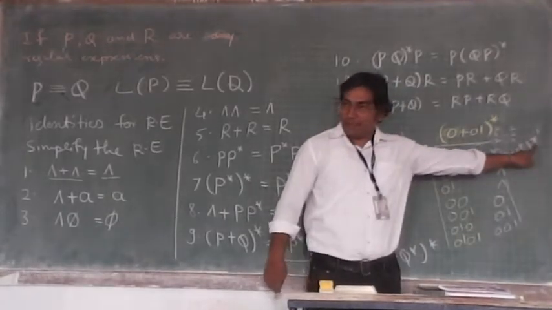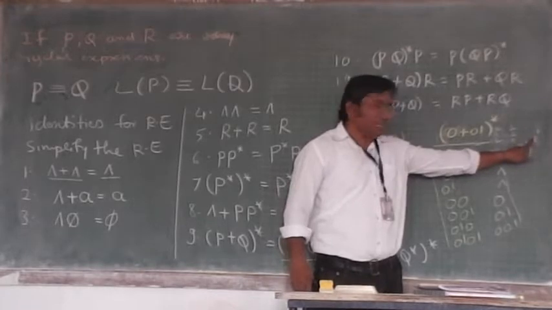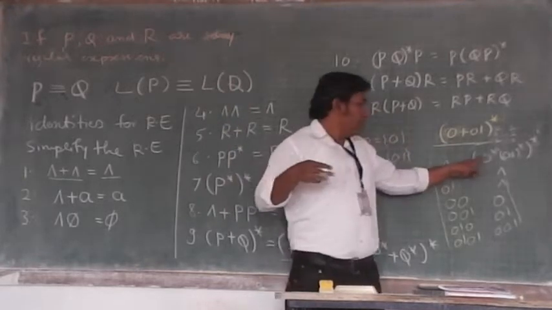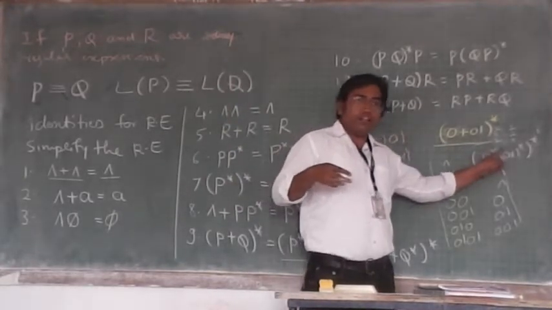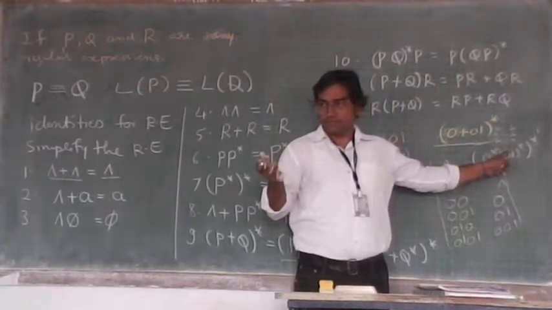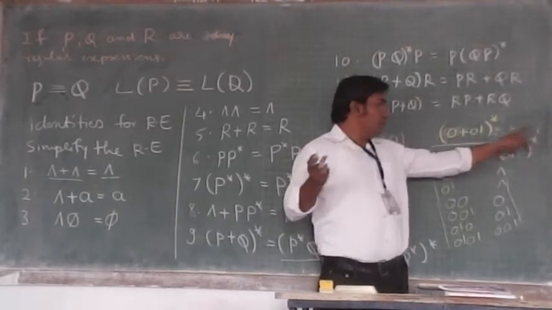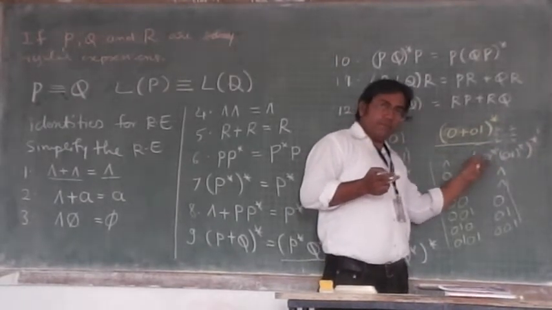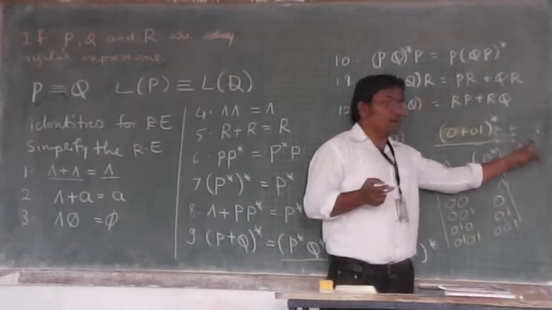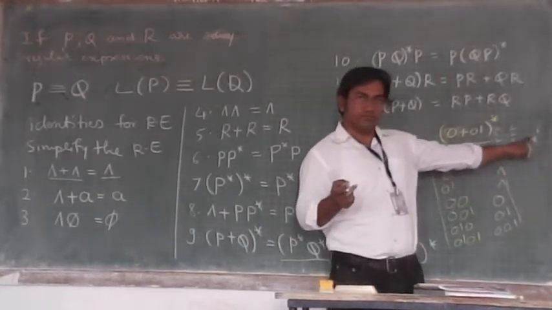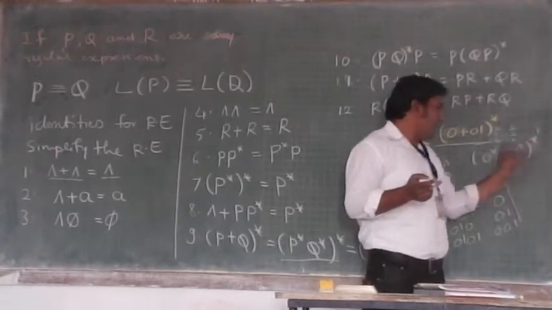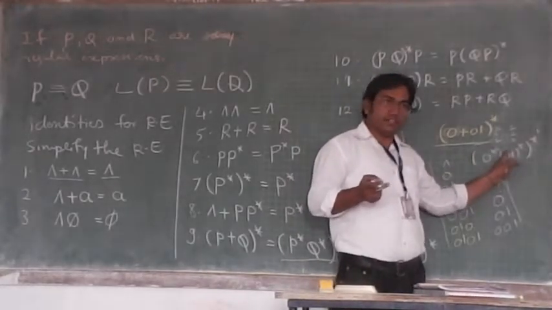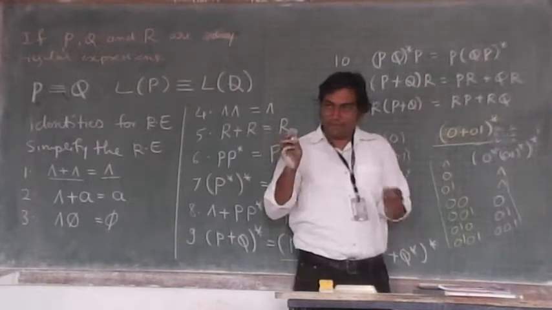This star is only the first attempt. By having this star value as a 1, you entered into here, but being there again star, you can have any number of iteration you can do with 0, or any number of iteration you can do with 0, 1. Not necessary to do this multiple loop here, you are required to have this closure as a value 2. जरूरत नहीं है. By having this one star, again only you can have these 2 zeros you can generate and 2 0 1 0 1 you can generate. समझ में आ रहा है?